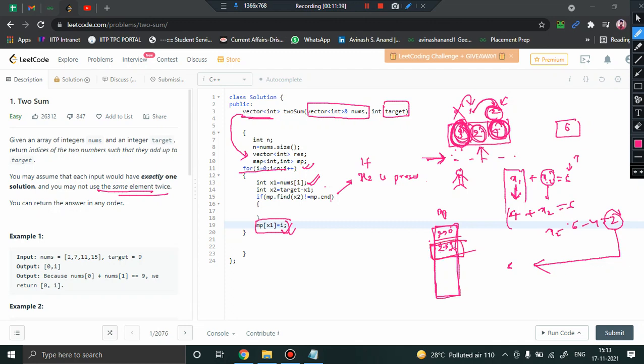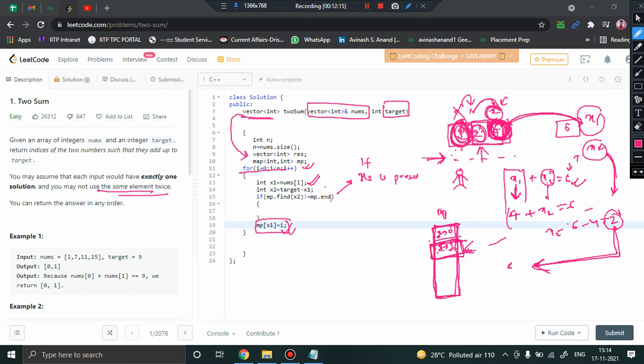Yes, x2 is present in the map. Whenever you have found one element in the array, and that is x1, and you also found the corresponding x2 in the map, what does it mean? Whatever elements you are storing in the map, they are actually in the array. So suppose you picked up 4, and the other element I need to make the sum 6 is 2, and 2 is also in the map, which indicates 2 is also in the array. So there are two numbers in the array, 2 and 4, which are going to give me sum 6.